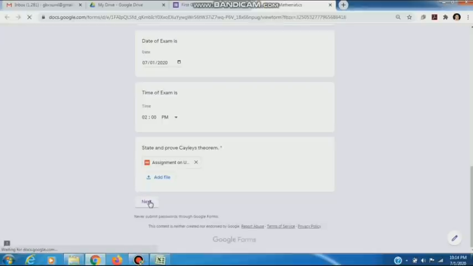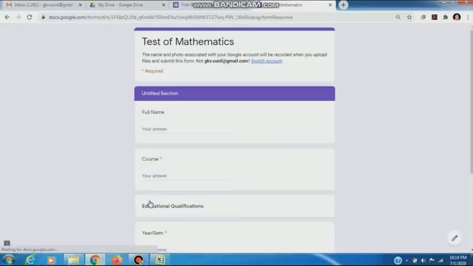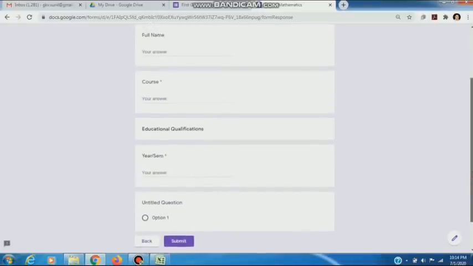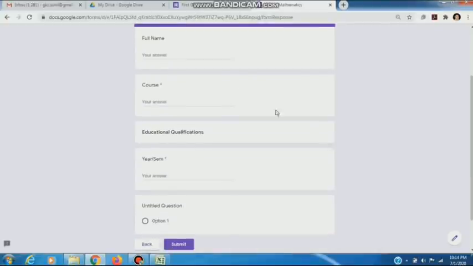We will check what they were. These are untitled sections which we added earlier when we were learning how to create Google Form. We also submitted full name, suppose Sunil, course, PhD, year same, suppose MSc, whatever. Now I submit it.